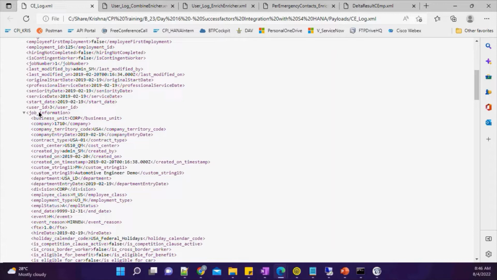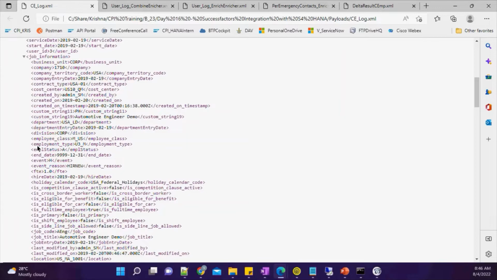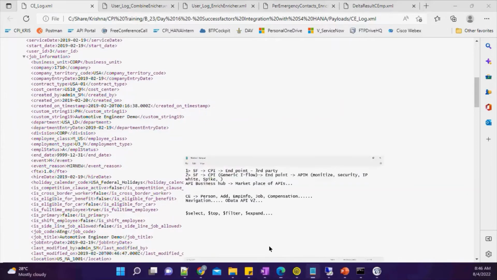Similarly, within SuccessFactors, every portlet or set of information will have a start date, meaning when that particular event has started, initiated or become active. Start date means when that piece of information is going to be active within the system, and end date means that information is no longer valid.